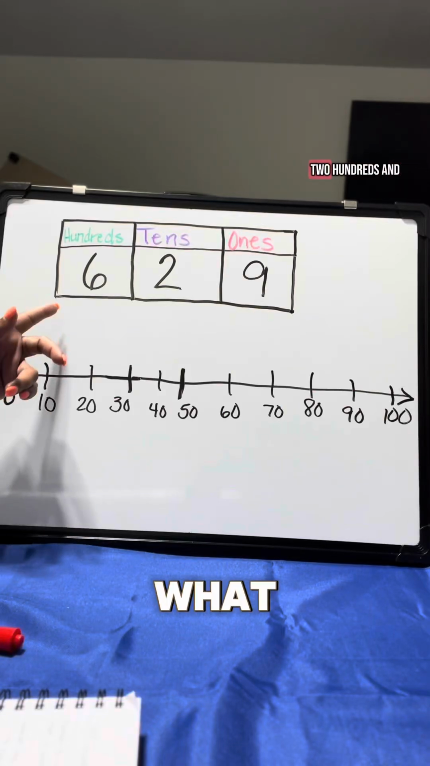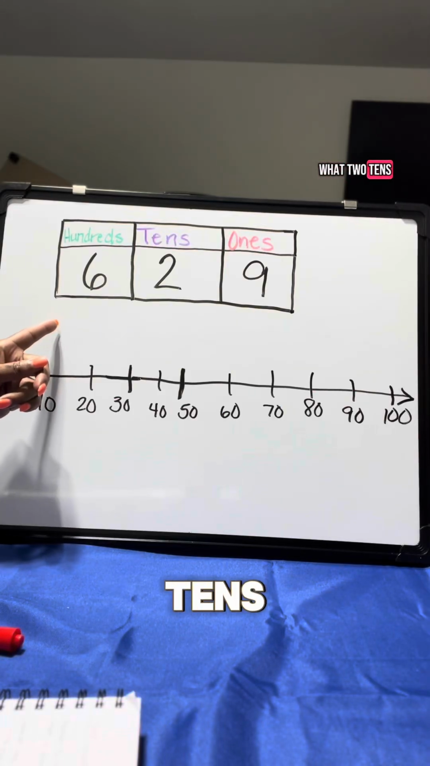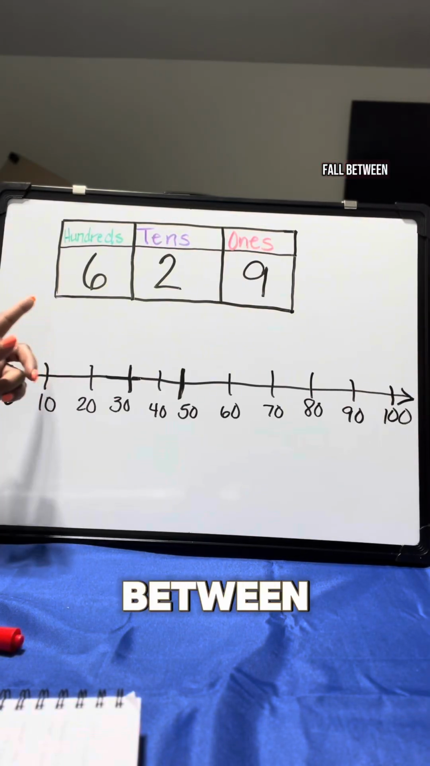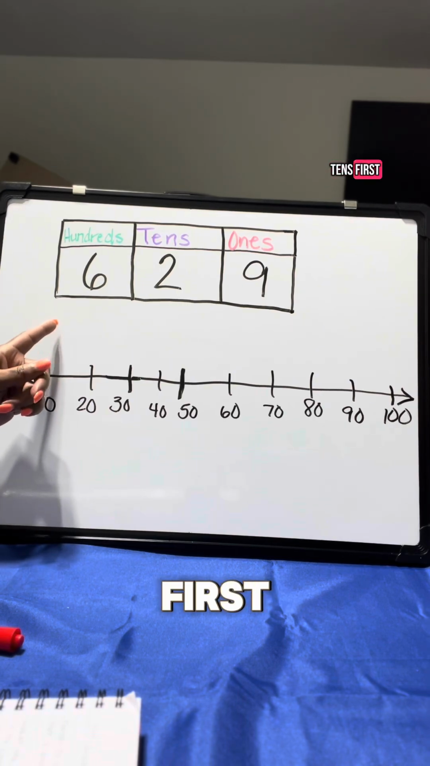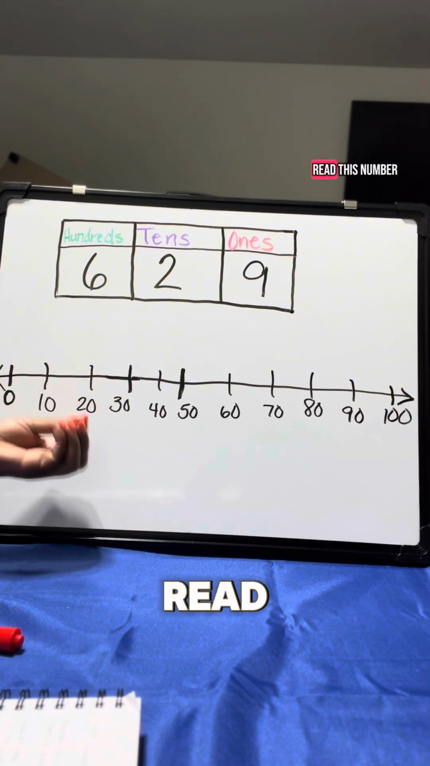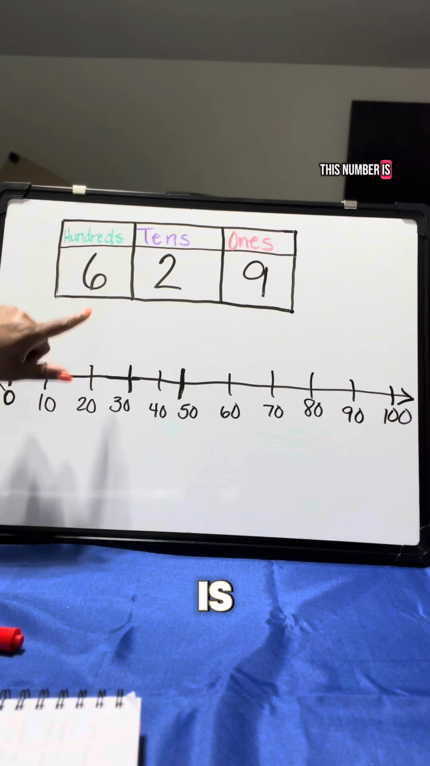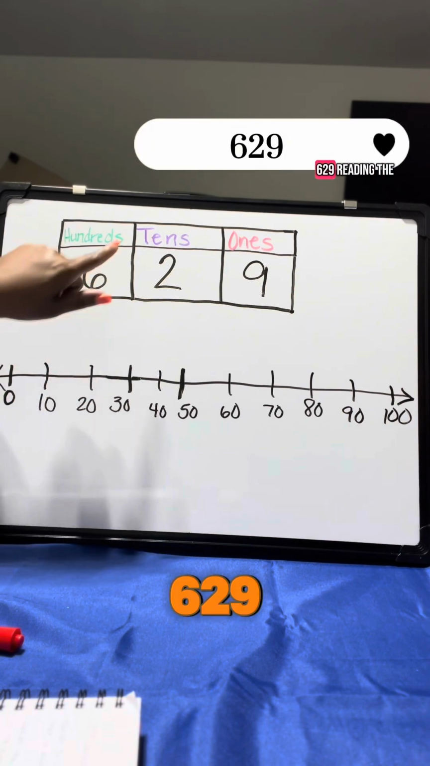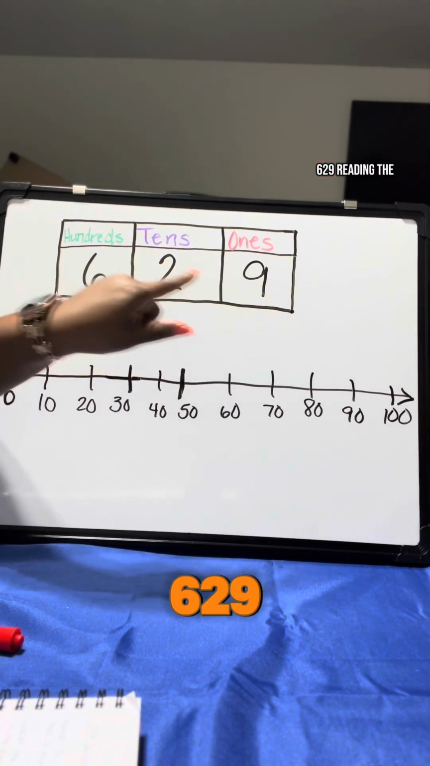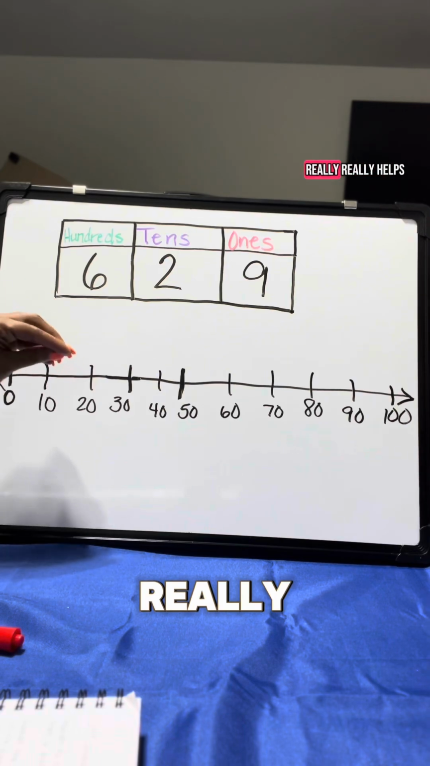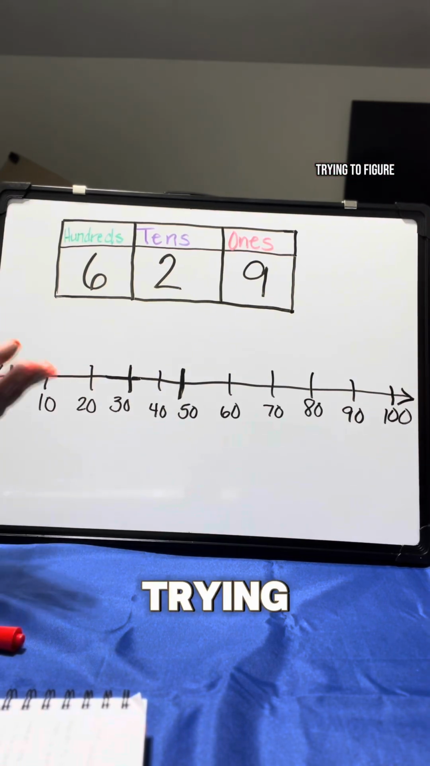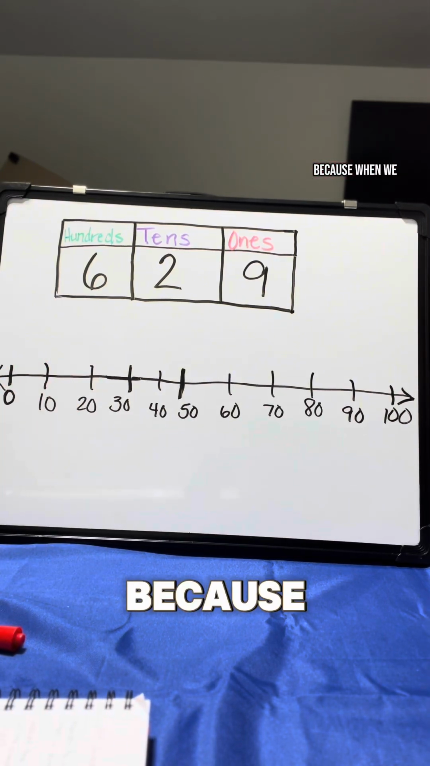Let's find what two hundreds and what two tens this number falls between. We're going to start with our tens first. The first thing we're going to do is read this number. This number is 629. Reading the number really helps us when we're trying to figure out things like this, because when we say